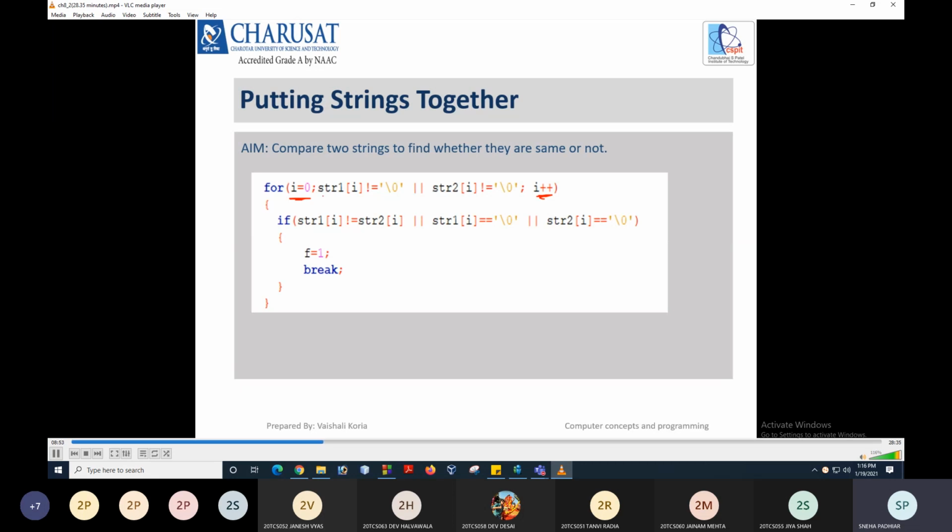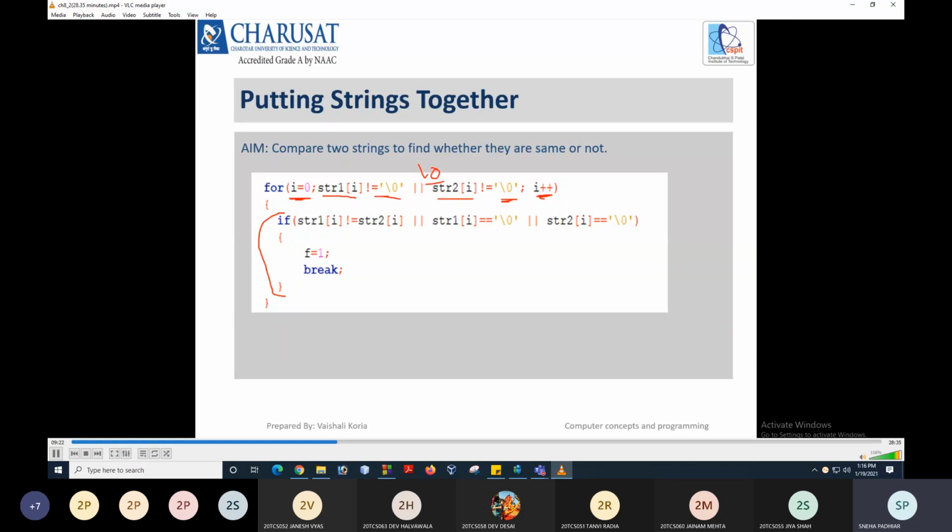So if str1 of i is not equal to null, or str2 of i is not equal to null, meaning there are still characters in the strings and it has not reached the null, we have to perform this comparison. When any of the strings reaches the null character, we have to stop the execution of the for loop. So these are the conditions and initialization in the for loop.